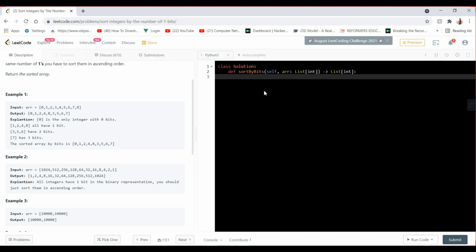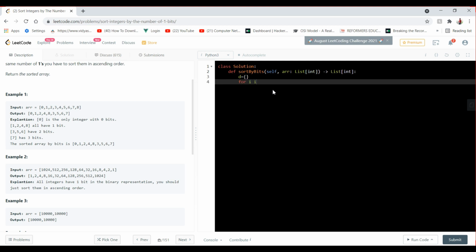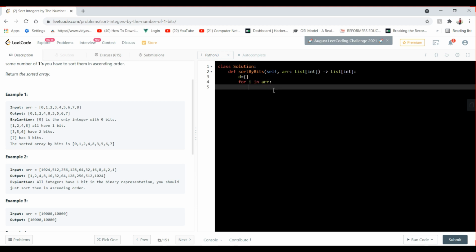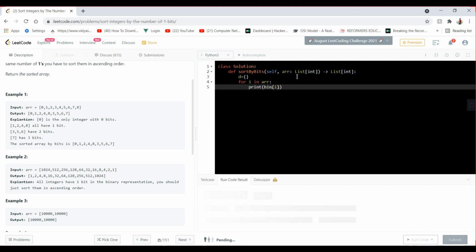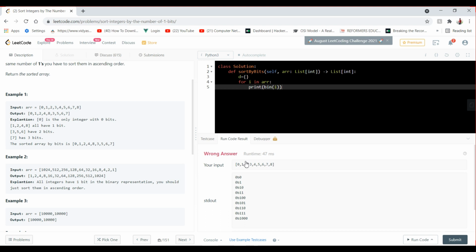So in Python we have a function. Let me first show you. If I do bin of i, let's see what it will give us. Now you can see it is giving me 0 1 1 0 1 1 1 0.